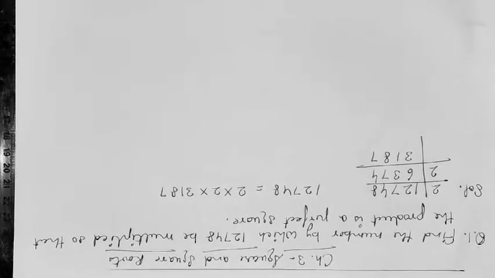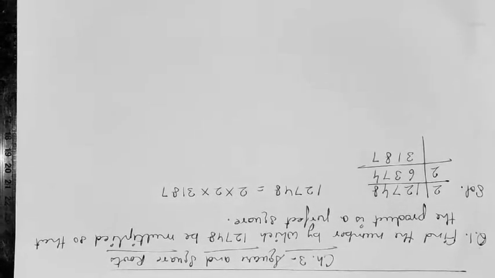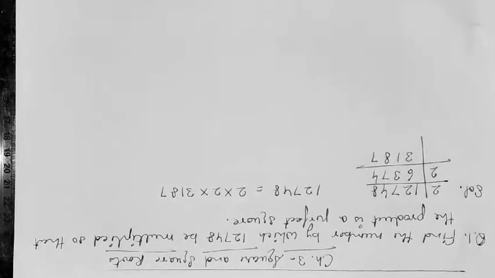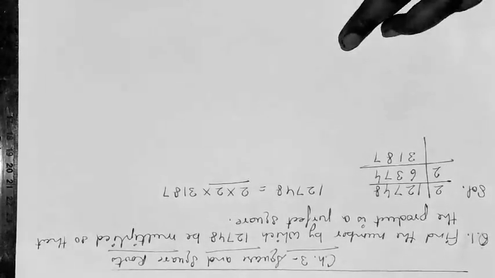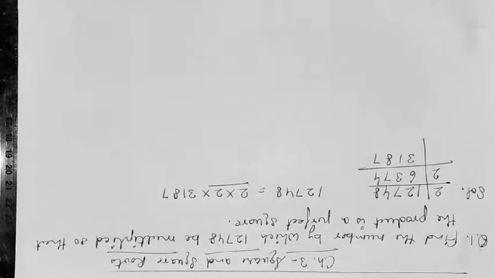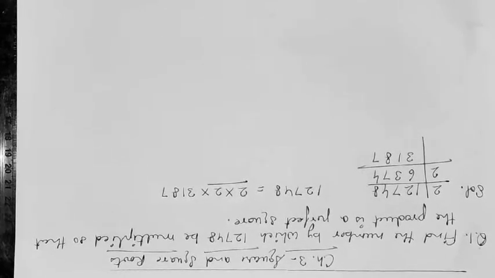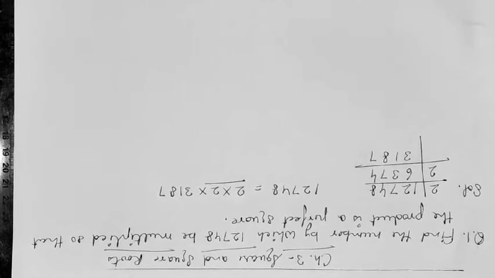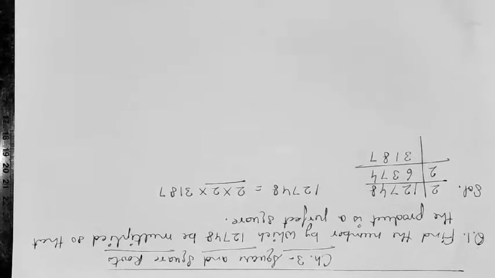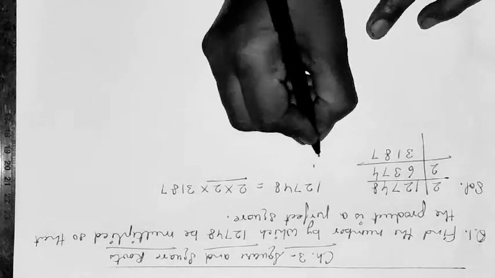Now class, it is clear we have done the questions where we have to find whether the given number is a perfect square or not. So looking at the factors of 12748, we can see that only one pair of 2 can be formed. 3187 is not in pair, so 12748 is not a perfect square. Now if we have one more 3187, then our number becomes a perfect square. So what we will do is, therefore,